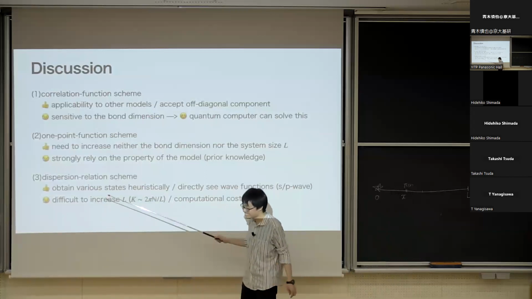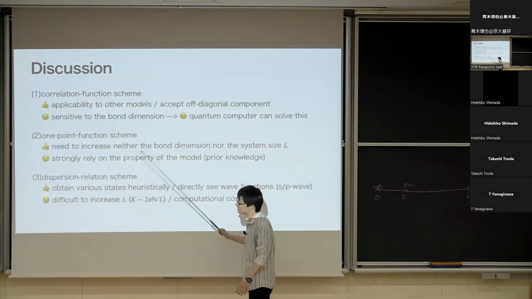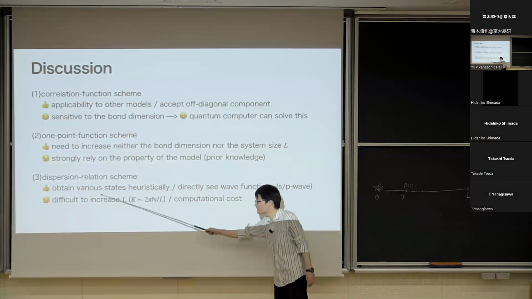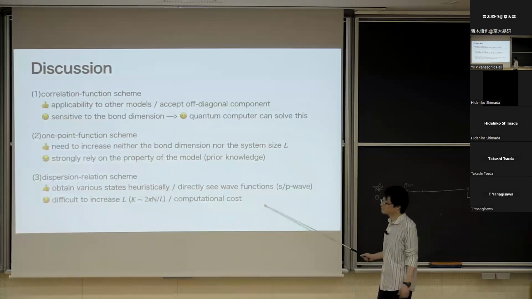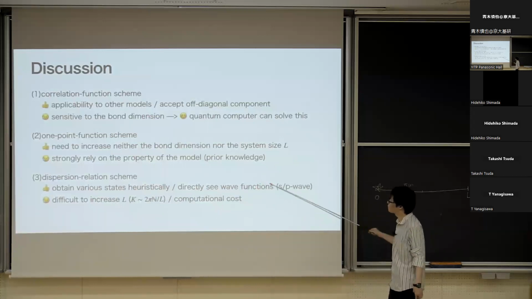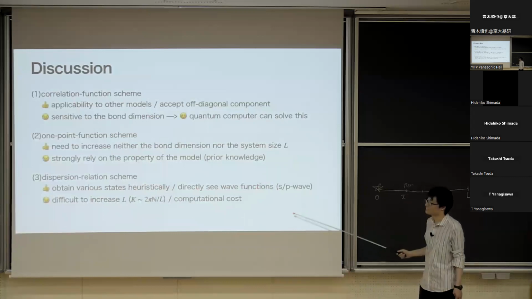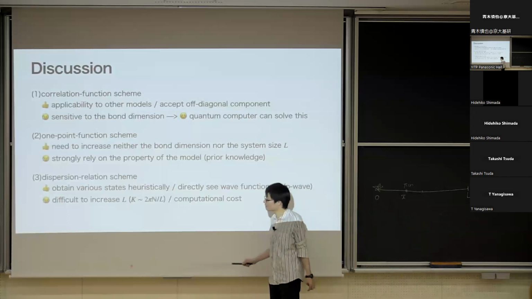We just generate eigenstates and look into them. So it's a very different strategy. And also, we have each state itself, so we can directly see the wave function or some property of each state. But the difficulty is that